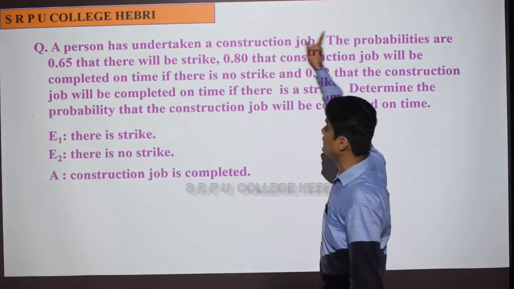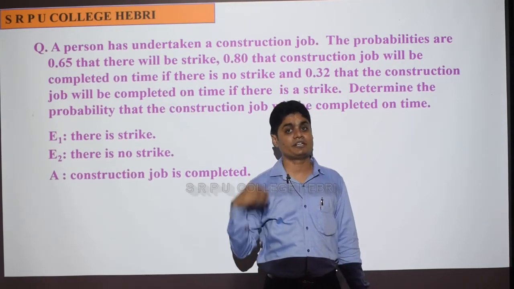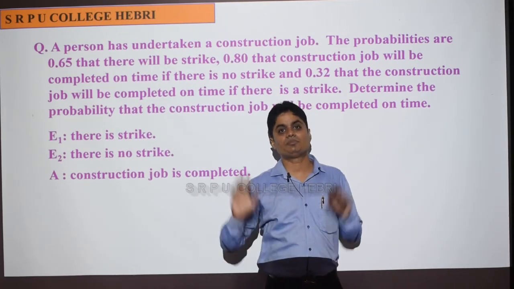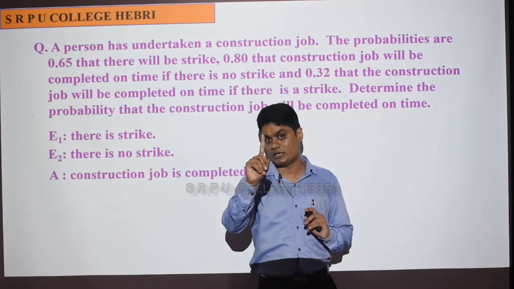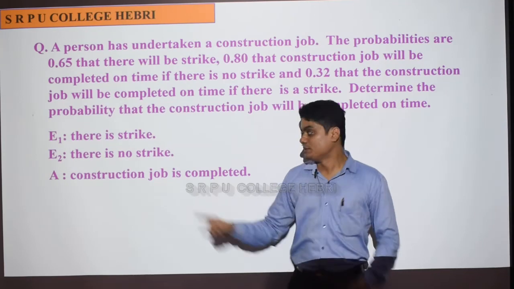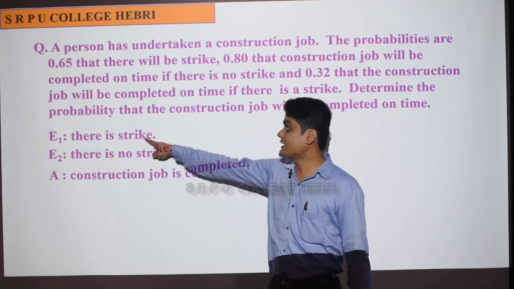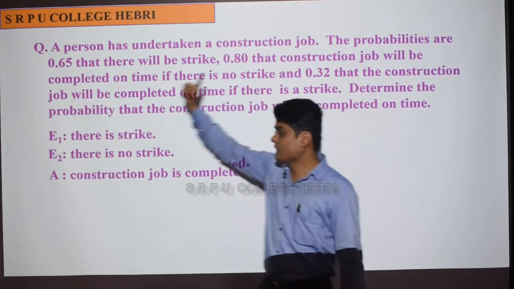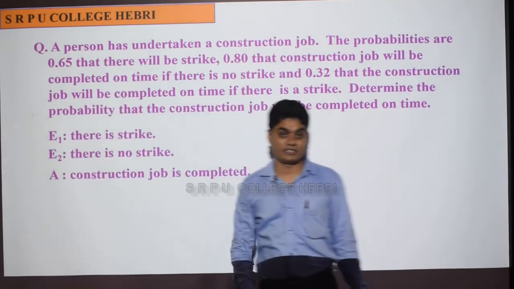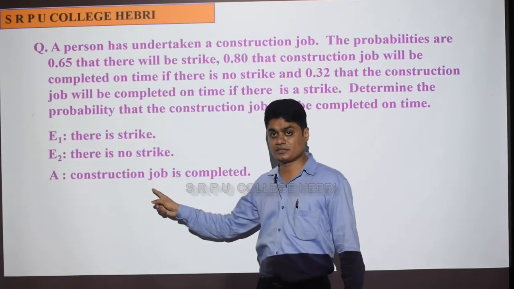Probability of E1 is known, that is 0.65. What is the probability of E2? Probability of E2 is not mentioned in the question, but you can find it because there are only two events. So probability of E2 is 1 minus probability of E1, because the sum of probabilities of all the events is always equal to 1. So if you know probability of E1, you can find probability of E2. So remember: A given E1 is 0.32, A given E2 is 0.80, probability of E1 is 0.65, so probability of E2 is 1 minus 0.65. I need these numbers, I will bring them along, but not the question.